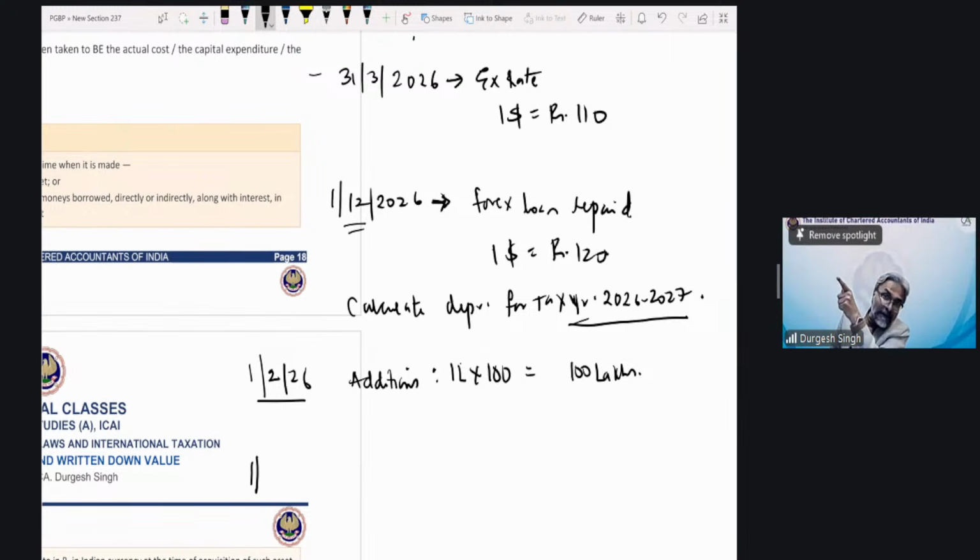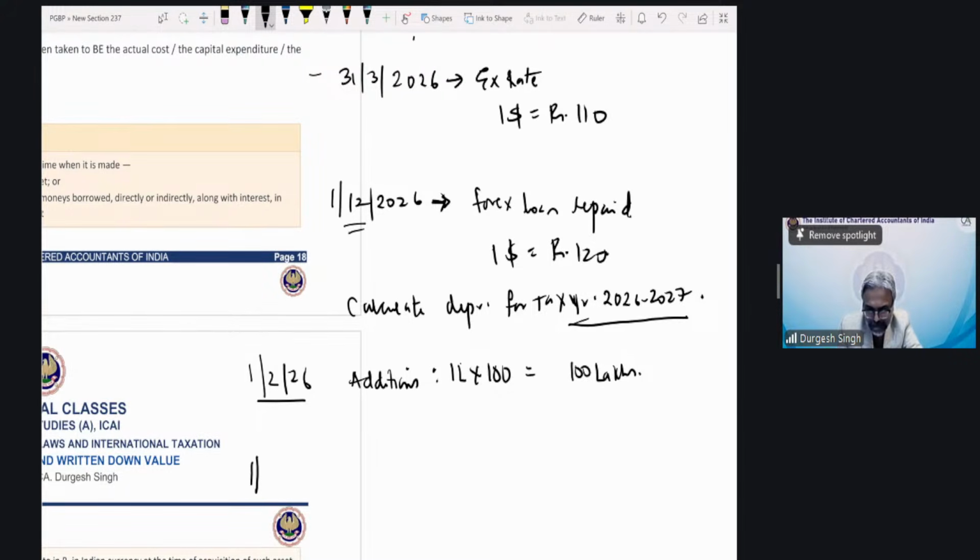You have paid off the vendor, but what remains after paying off the vendor? What remains, students, is the foreign currency loan. And that foreign currency loan, now you are supposed to make the payment. And only when you make the payment will the recognition start. So recognition will start, in this example, on 1st of December 2026. Sorry, this is the original date.